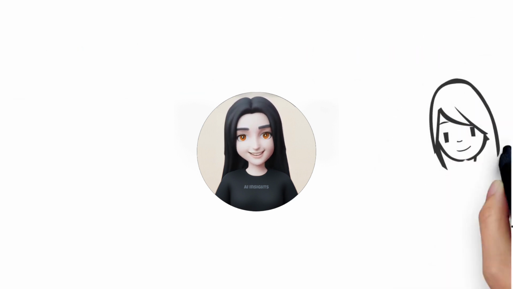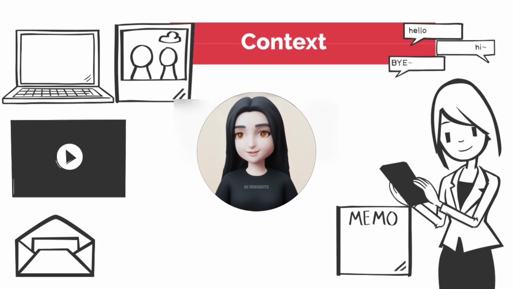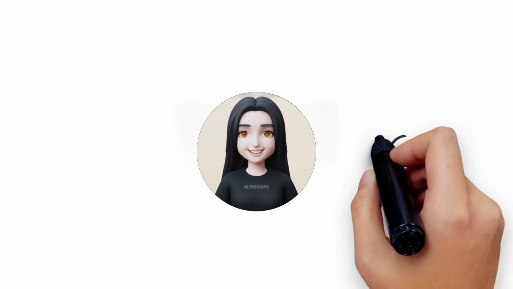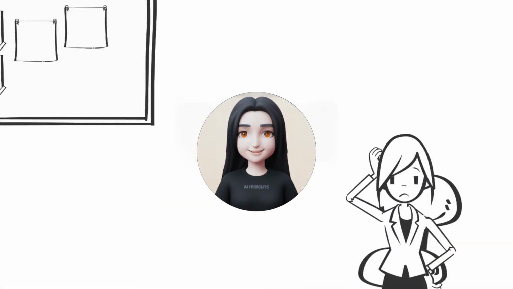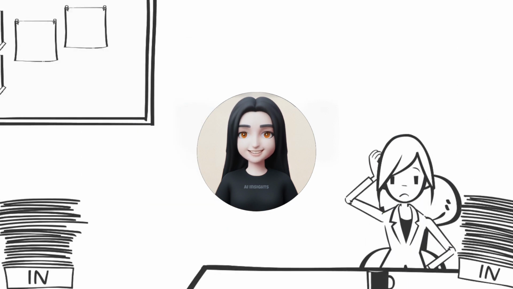Another key to maximizing the potential of ChatGPT is to use context effectively. By providing context and background information, you can help ChatGPT understand the context of your request and generate more accurate responses. Finally, it's important to remember that ChatGPT is not perfect and may not always generate the response you're looking